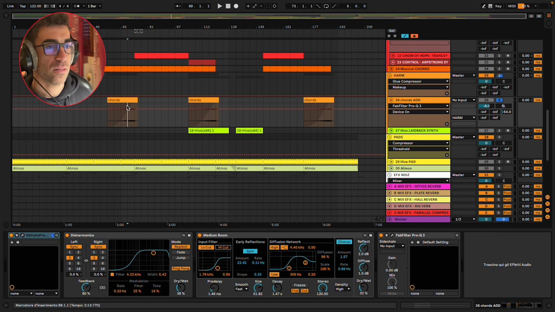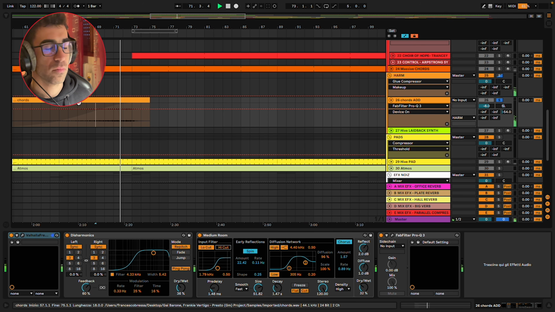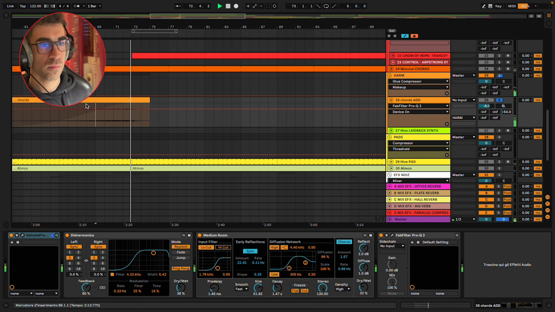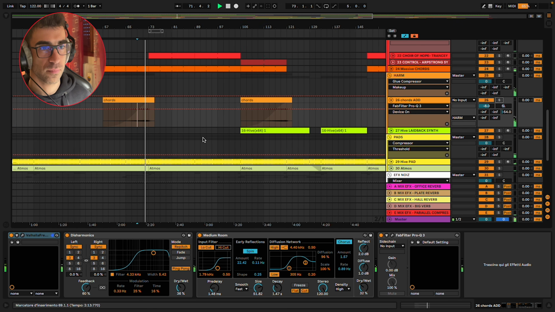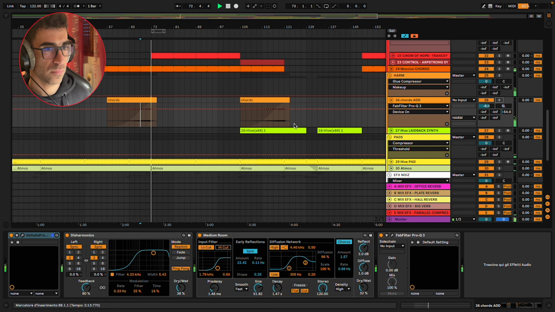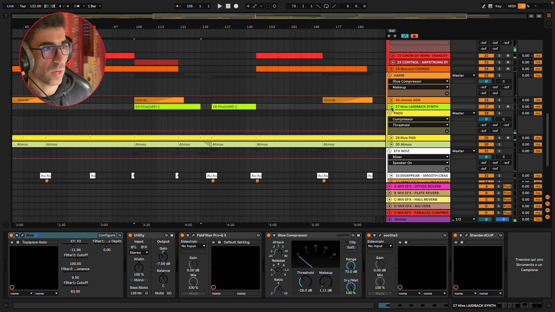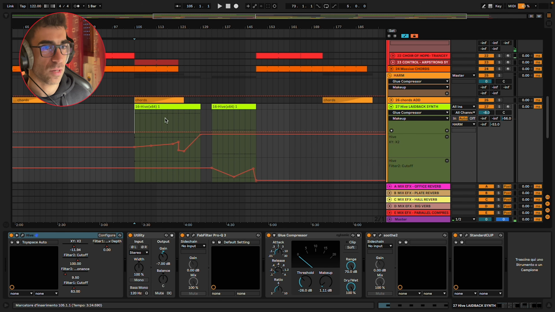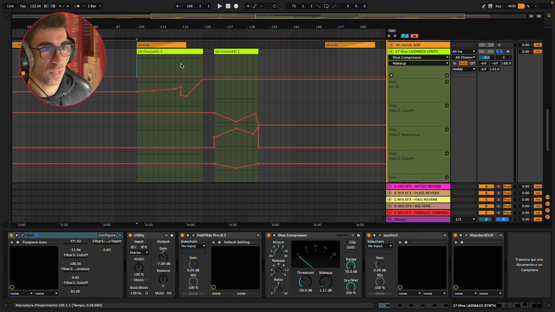Atmospheric sounds. This is just for transitions, basically. And this one is another of the main sounds. In the breakdown it's acting as a space alien ship sound.